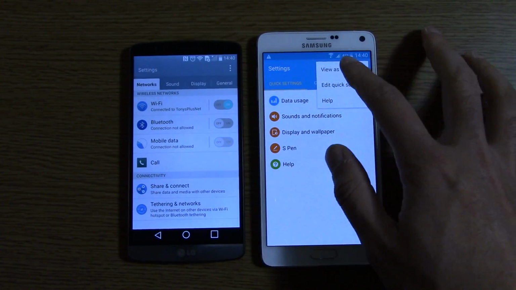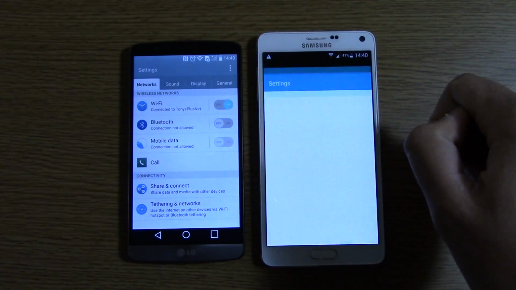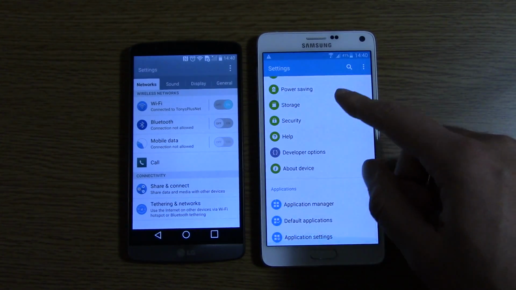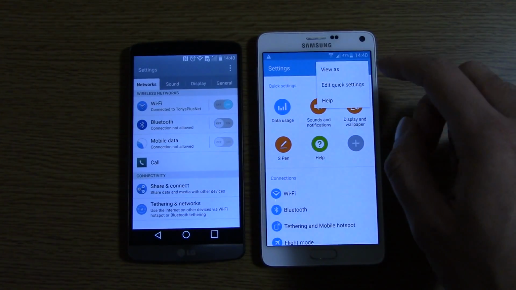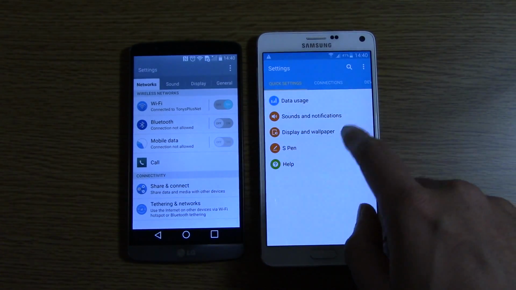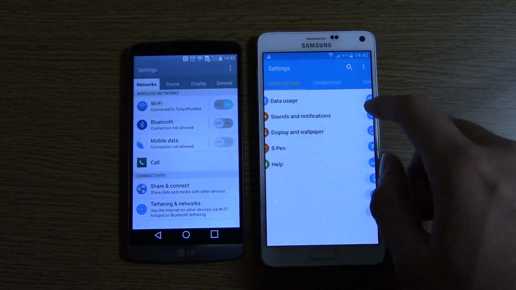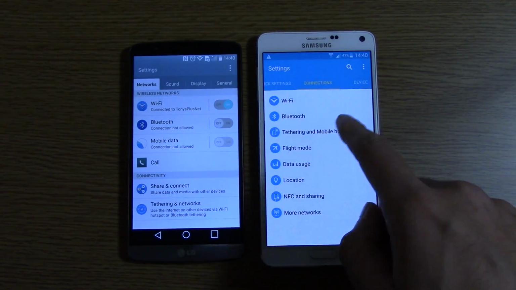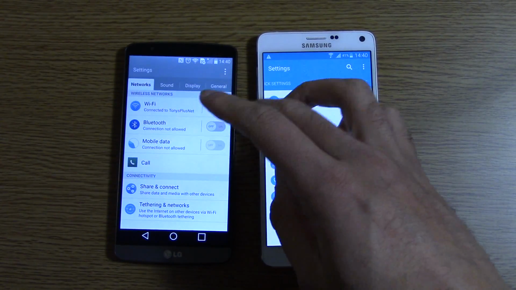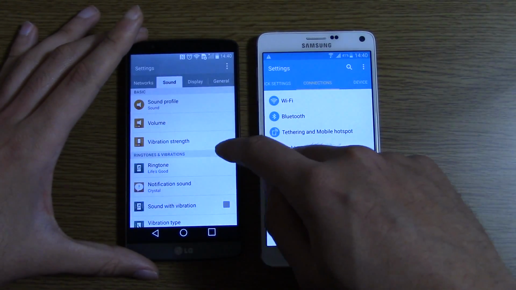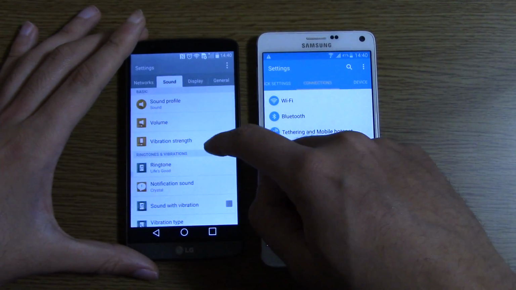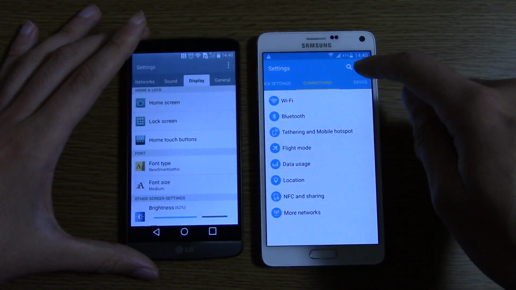It does automatically come in its list view, which you could prefer looking at, but I think nowadays I prefer looking at it with the tab view, because it's a bit more familiar to me, and you can quickly get access to the area which you need, which is quite cool. Both of them have the same type of interface in that respect, so everything's grouped in a certain area, and they both give you quite a bit of ability to